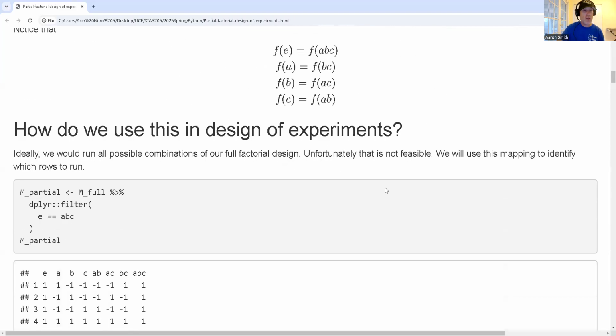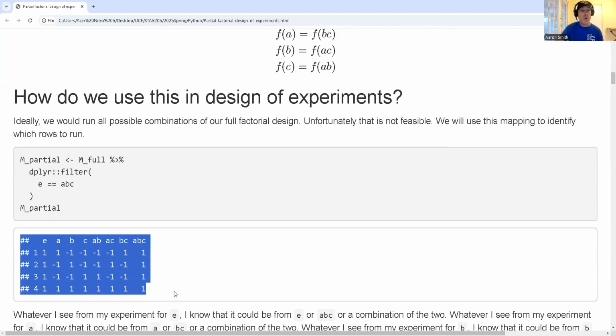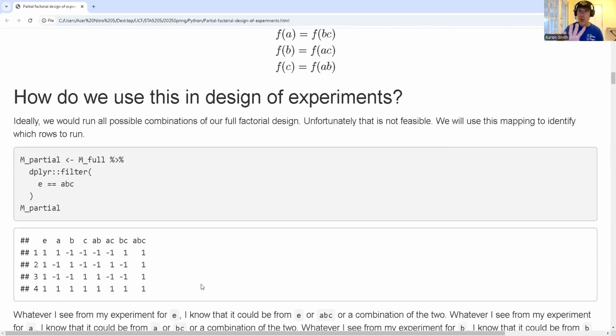So when I do that, I'm going to say, hey, I'm only interested when E is equal to 1, ABC is equal to 1. All right, well, E is always equal to 1, so E is equal to ABC. All right, so now these are the 4 experiments I'm actually going to run. Now, I told you that I have money for 6, but right now I just get down to 4, and